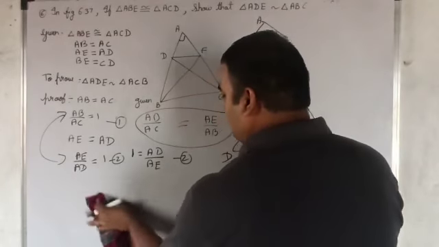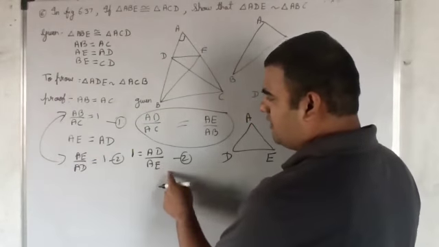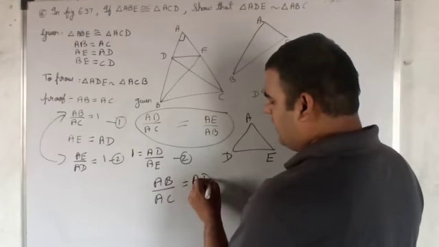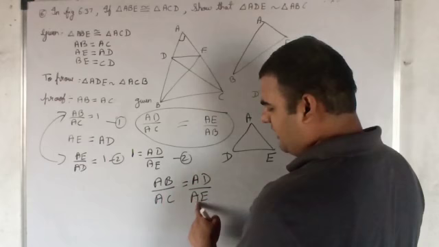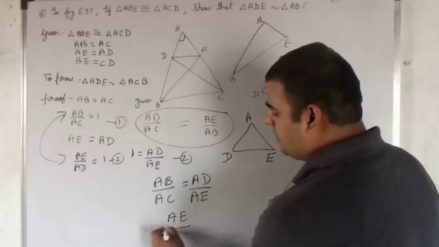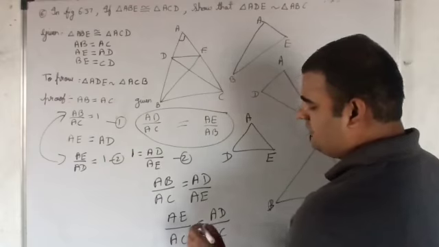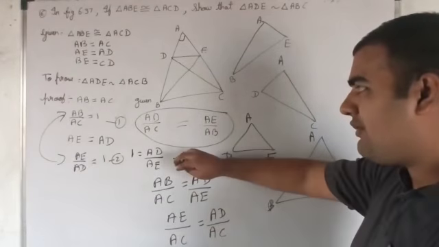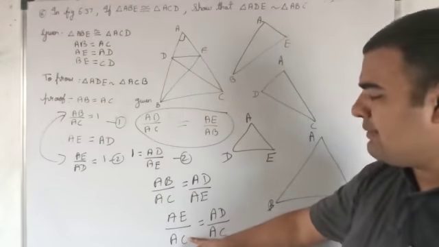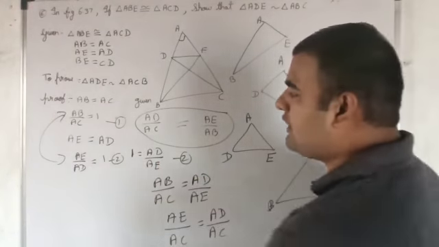We will go with the second only. But if we take the other, what is the problem? We should know that also. From the first and second equations you will get AB upon AC equals AD upon AE. Now you shift AE to that side, and you will get AE upon AC equals AD upon AC. But what you actually want is AD upon AC, and the correspondence is disturbed if we take it like this. So be careful which one to select.